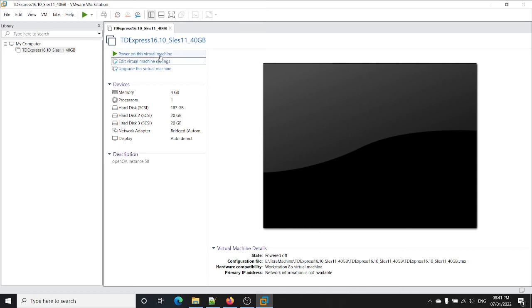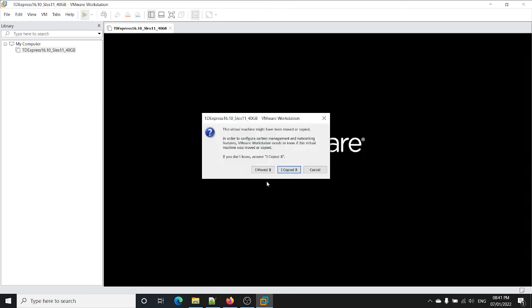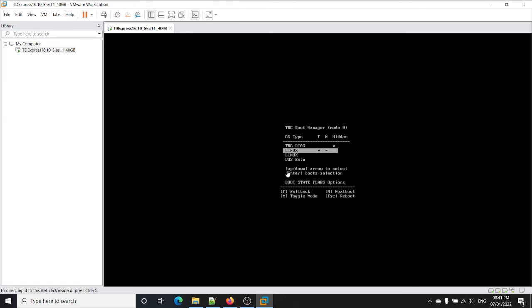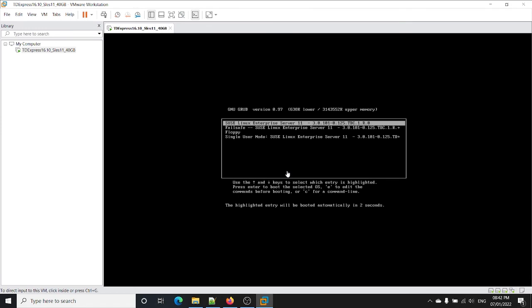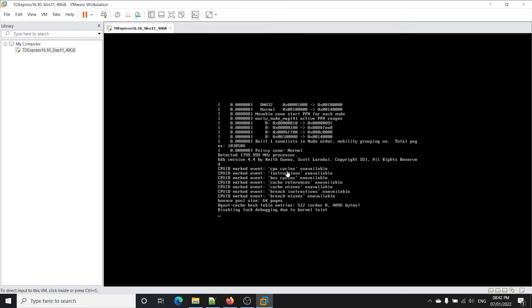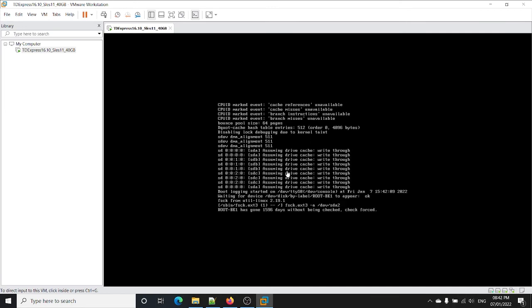Okay, so let's play the virtual machine. It will take some while. It will ask you whether you have copied it or whether you have moved it. So you can simply click on I copied, so it will not make any change to it. You don't need to do anything to start this virtual machine, it will do it automatically. So I will meet you after getting it up. Okay,